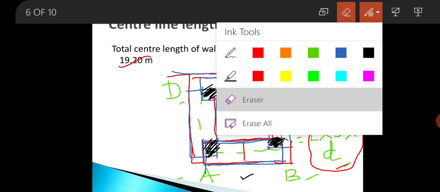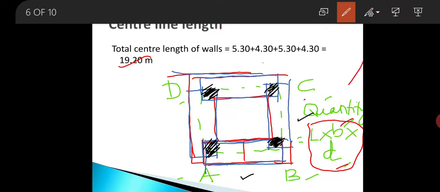But mark one thing, there are some left out portions also. We have not taken those portions into consideration. This portion, this corner, and this corner. Now I will mark it with P, Q, R and S.